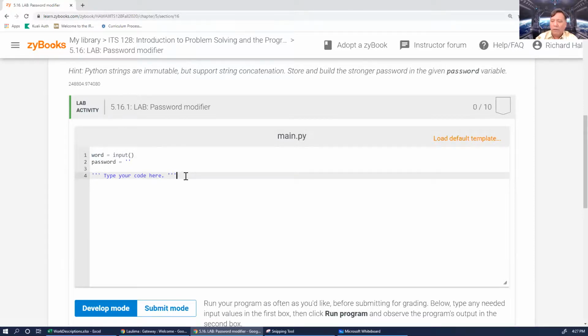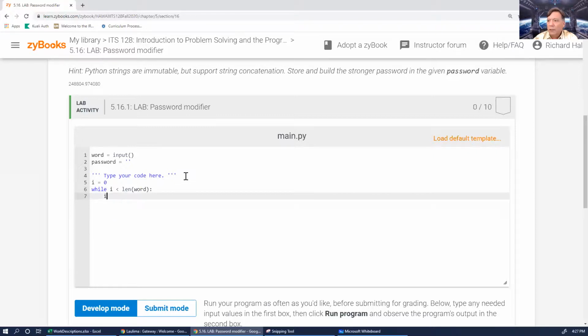Okay, so we have a loop which loops through the length of the word. We got the input, and then we're going to start out with i = 0, and this is going to be an index into the word that we typed in. So we're going to type in something, and then take that word, and go each character at a time. While i is less than the length of the word,